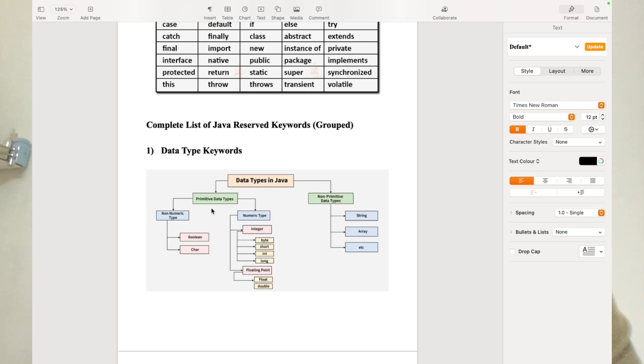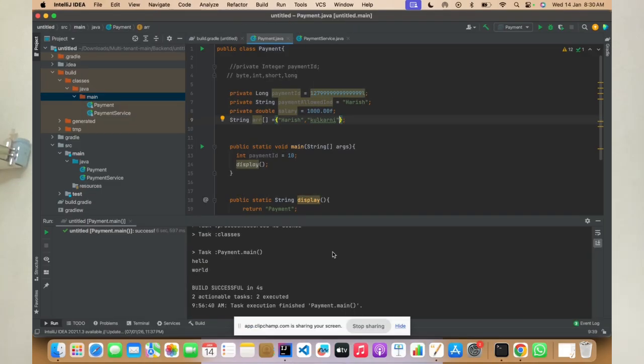Primitive data types are byte, short, int, long, float and double. Character is a non-numeric type. Under the non-primitive data types, there is string, array, and there are many more. What do we mean by reserved keywords? We cannot declare these reserved keywords as an identifier. What is an identifier? It is whatever name we give to a class, variable or a method. That you cannot use as a reserved keyword. Sorry to confuse you, these reserved keywords you cannot use as an